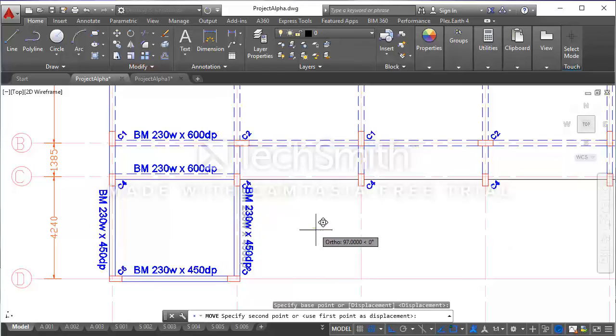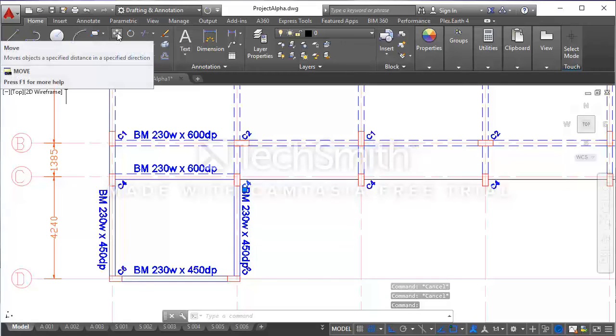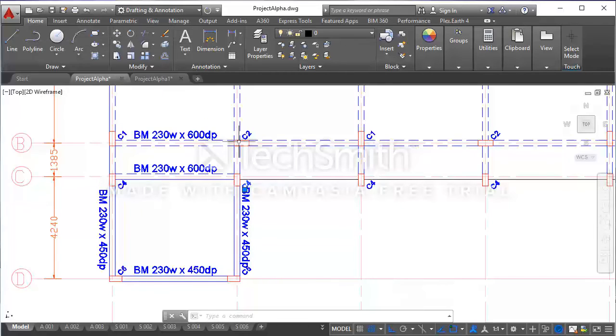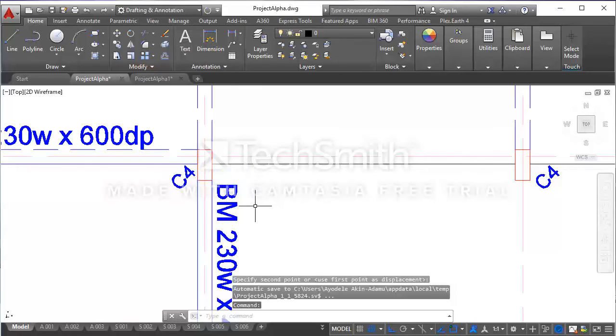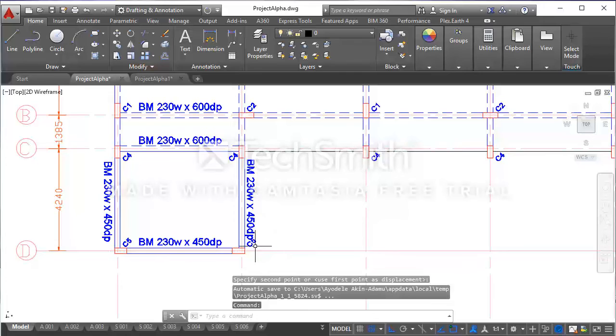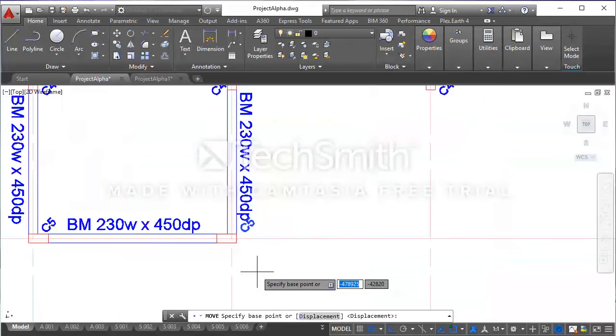No, I won't do that. Let me move the column label. I will move the column labels instead to make it look better. I'll move the column label here, say to this point. I'll move the column label here downward.